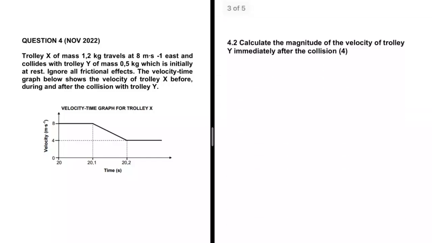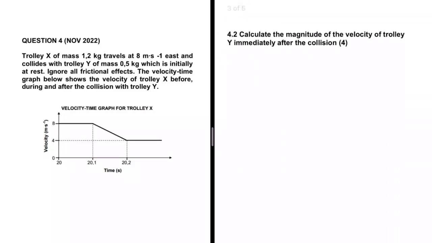Let's go ahead and take a look at 4.2. In 4.2, we're supposed to calculate the magnitude of the velocity of trolley Y immediately after the collision. So let's take a look at our question statement and figure out what is going on. We have a trolley X of mass